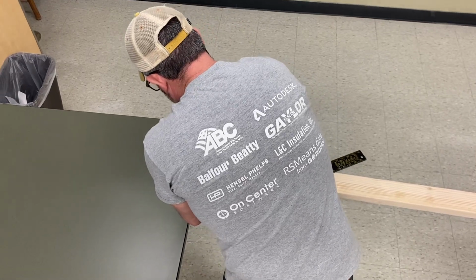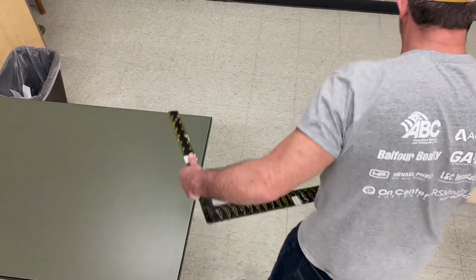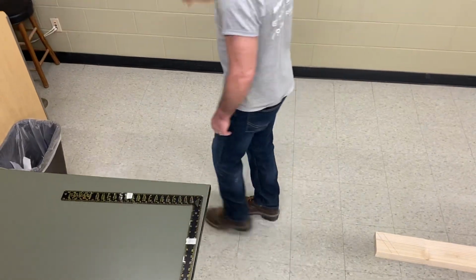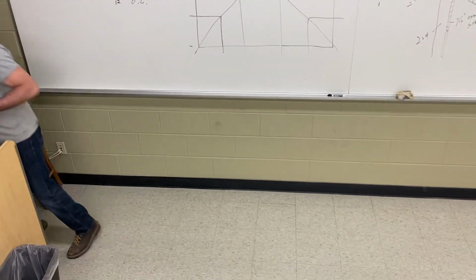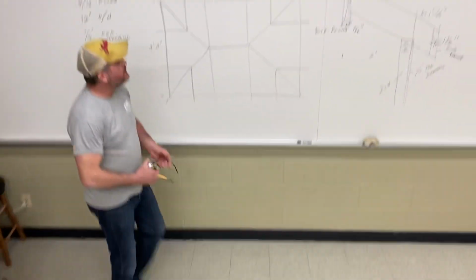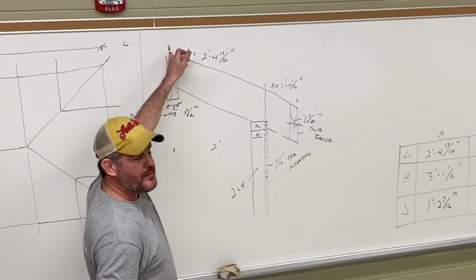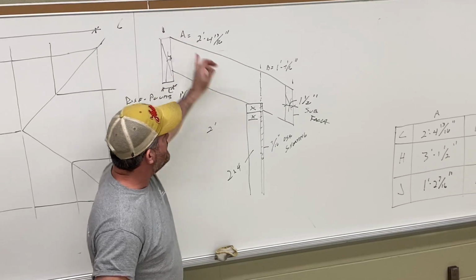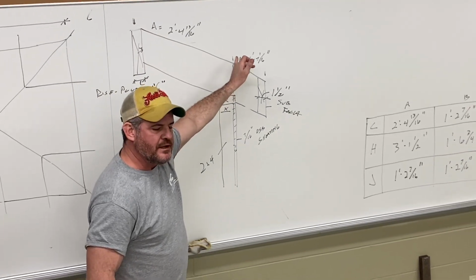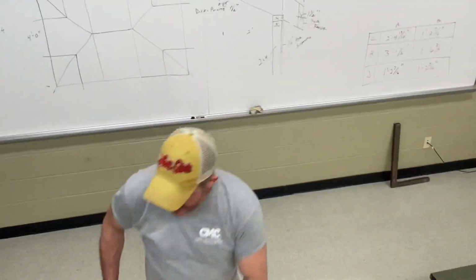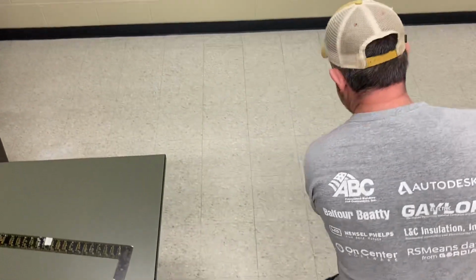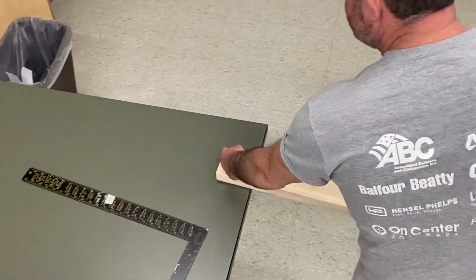And I make my final rise cut for my comet. All right, now from there, we know that our A dimension takes us from that first rise cut that we made, because that's the center of my ridge, to the outside of my framing. Okay, that's why I made this first rise cut. That's why I showed it to you. That's the center of my ridge